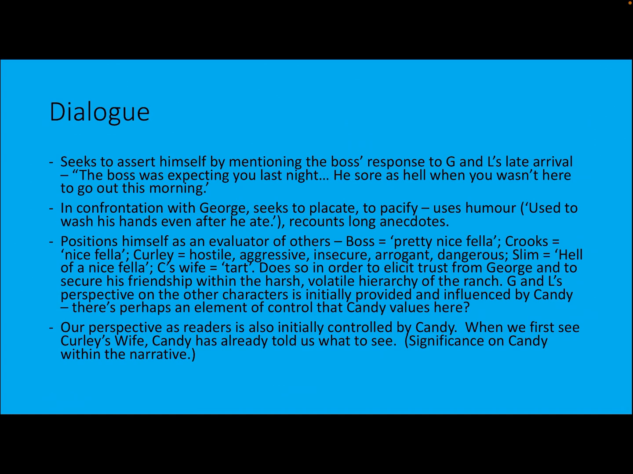It's worth remembering here, though, of course, that our perspective as readers is also initially, therefore, controlled by Candy. So when we first see Curly's wife, remember, Candy has already told us what to see. So he's already labelled her as a tart. So when we first see her, standing there in the doorway, it's Candy's perception of her, and that perspective of her in quite a derogatory, sexist light that we see maybe initially. We can then go on to form our own conclusions about her, but the power that